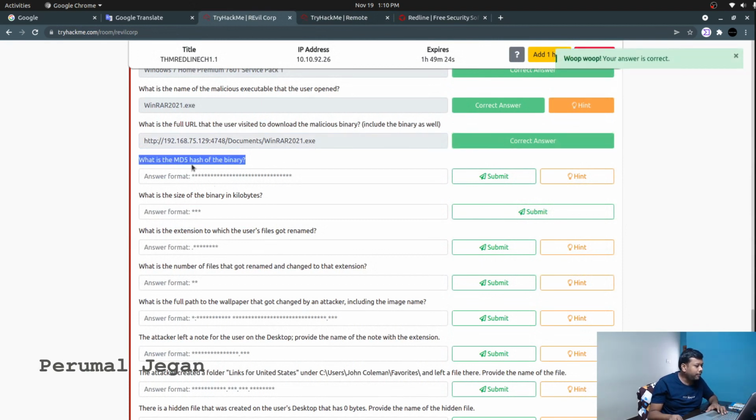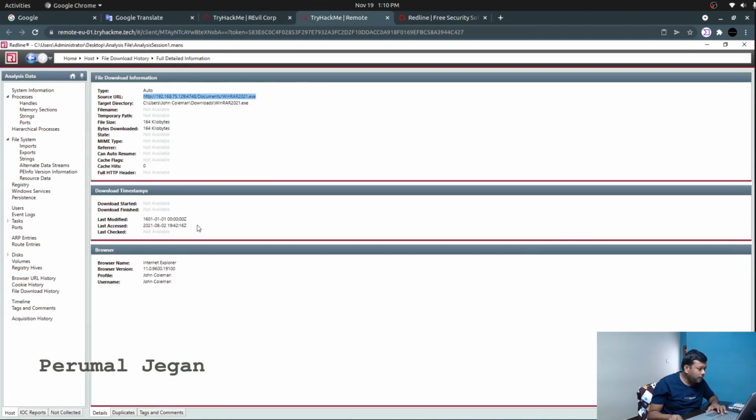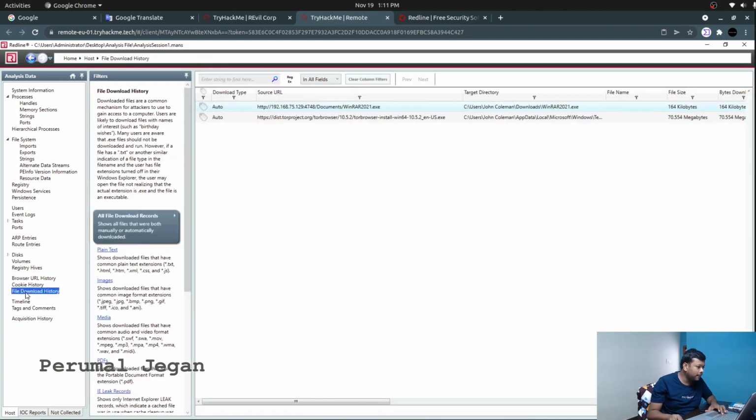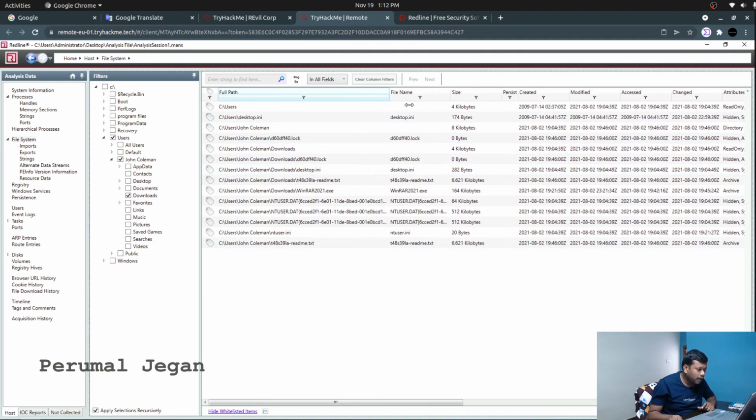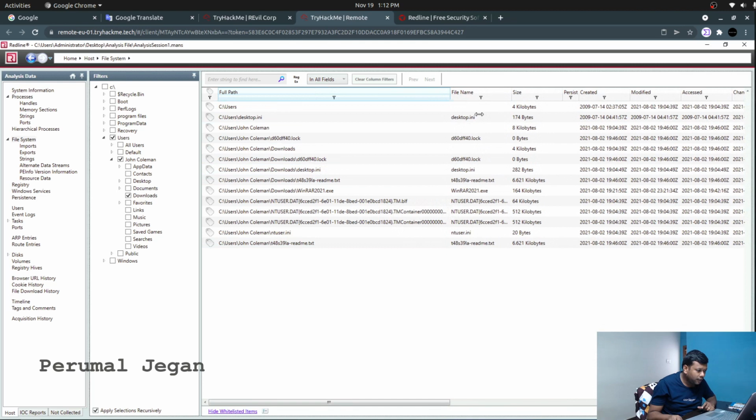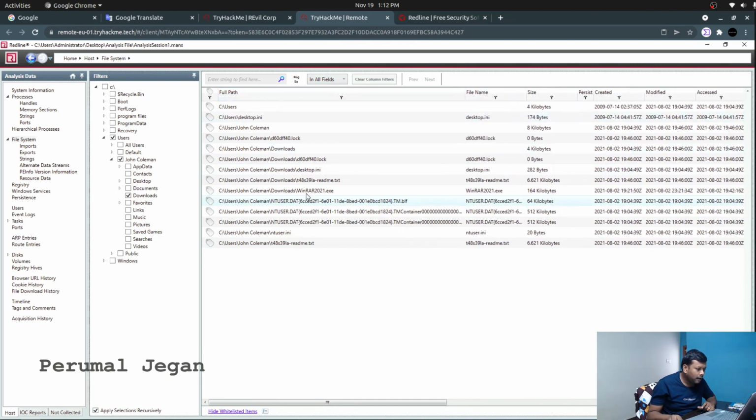And what is the MD5 hash of the binary? As I said, we will be able to see the PE files, import, export section, and its hash details in the details section. When I go to the file download history once again, we get the list of files downloaded by the user. In this list, we can see the file winrar.exe.